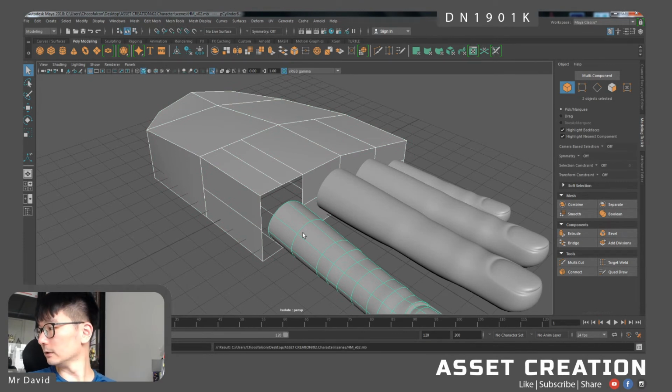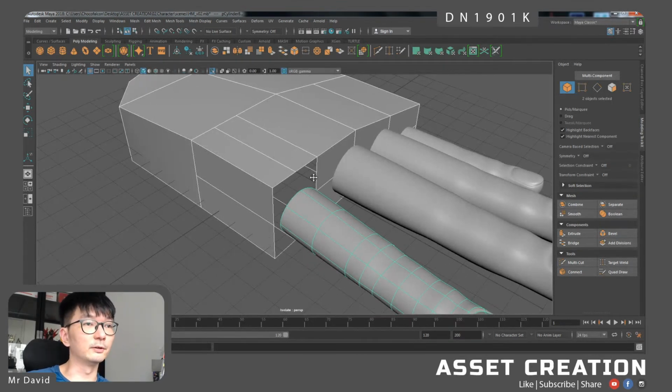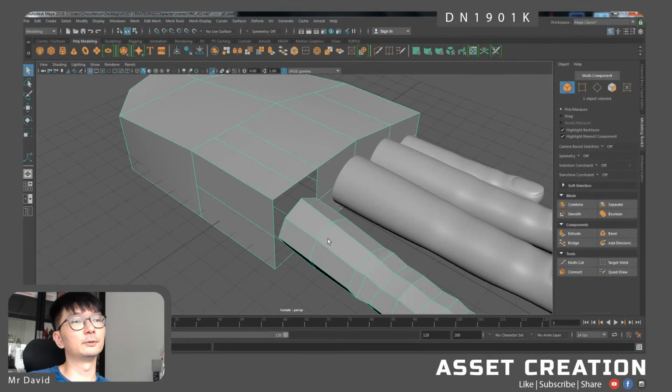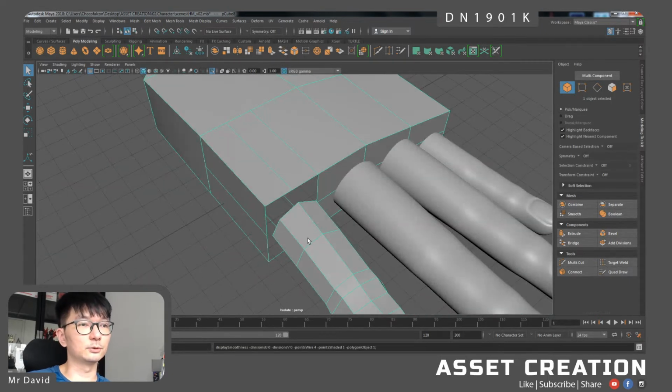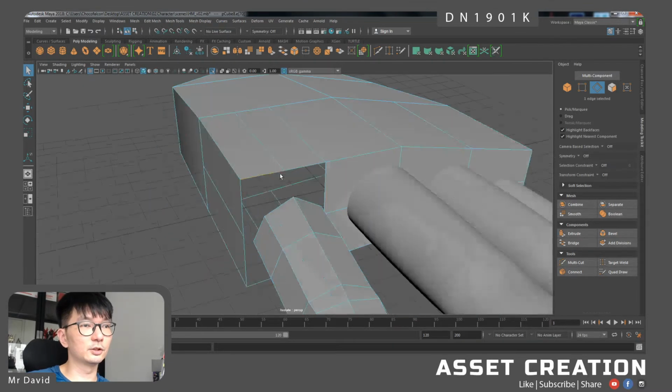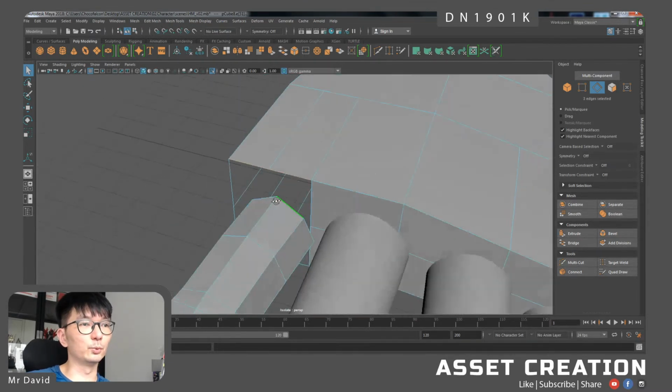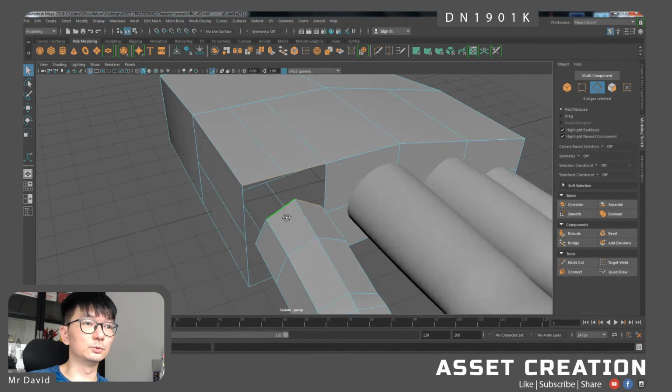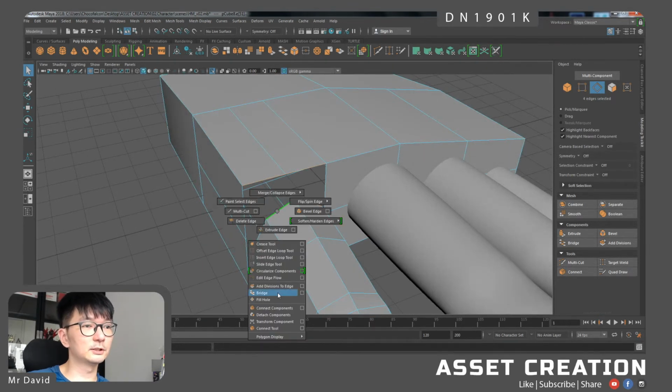Save the file. If you want, save as an increment, and then anything wrong, you can reopen the older file. I'm going to combine the model now. So after I can combine, then I can start to actually merge them together. So if I were to use bridge, it might look a bit weird, but I think we can still do it. Okay, so I select these 2 edges, bridge it,